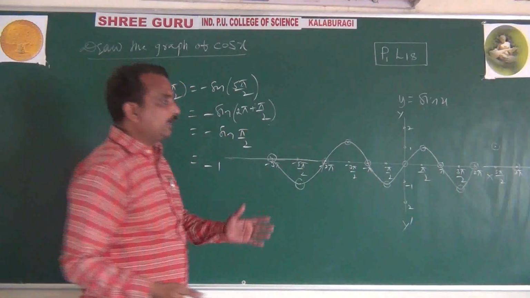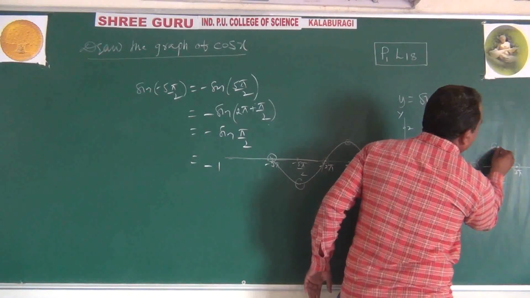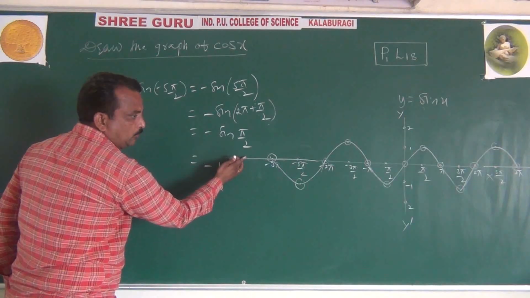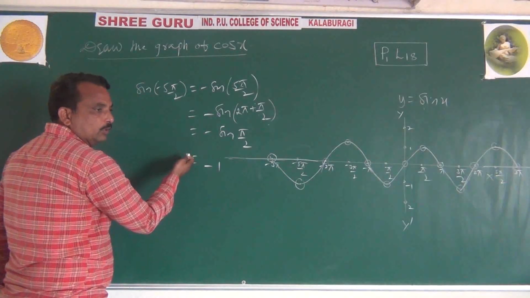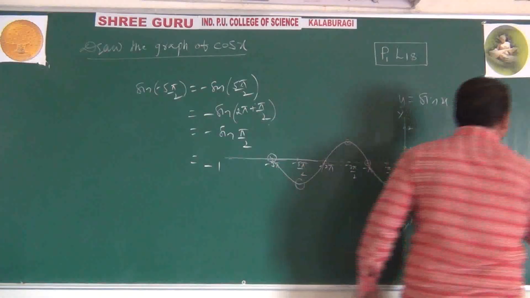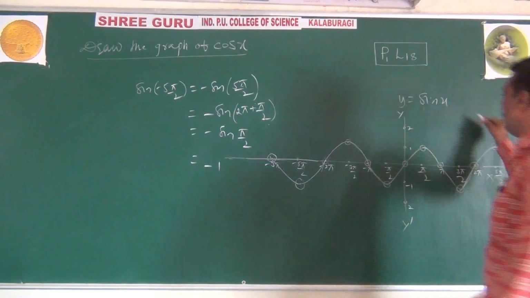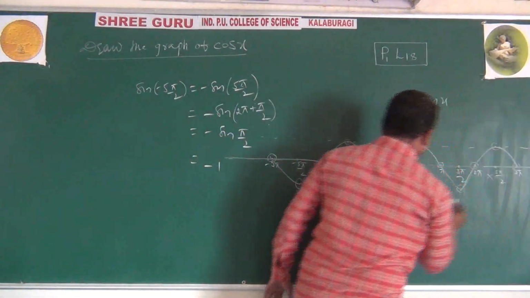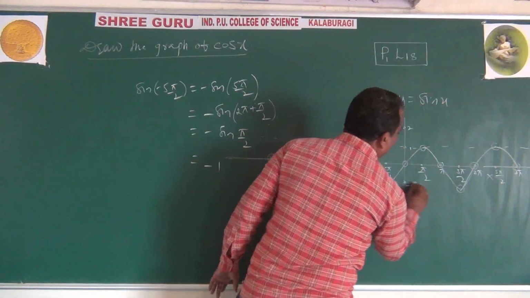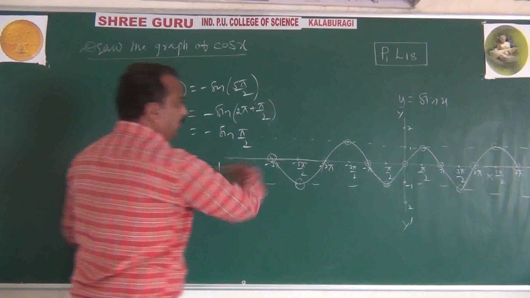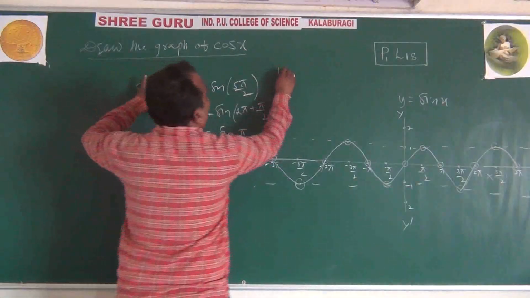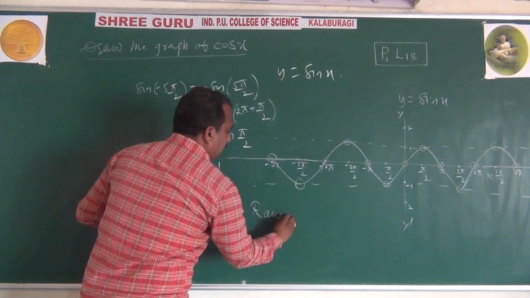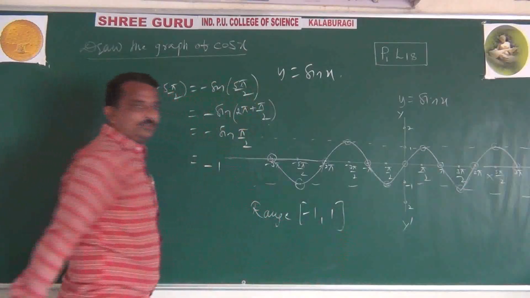This is why I have taken two more values here. In the previous class we took values up to 2 pi. You may take up to 4 pi, then 7 pi by 2, minus 7 pi by 2, 4 pi, 9 pi by 2, 6 pi, 5 pi. Like that you may take all the values, and you will get the same type of graph. So the graph cannot exceed the value +1 and -1. Therefore, the domain is the set of all real values for the graph of y is equal to sin x, and the range is minus 1 to plus 1.